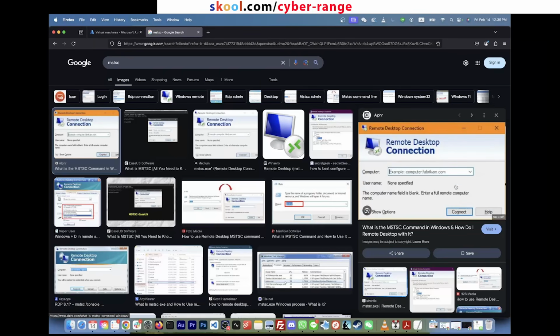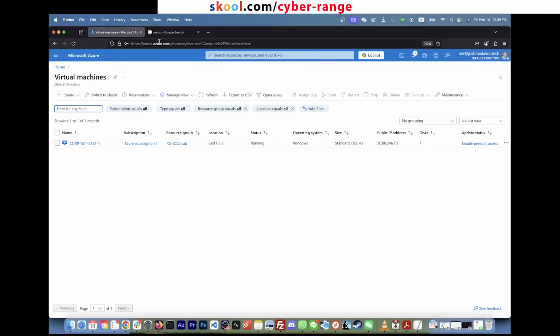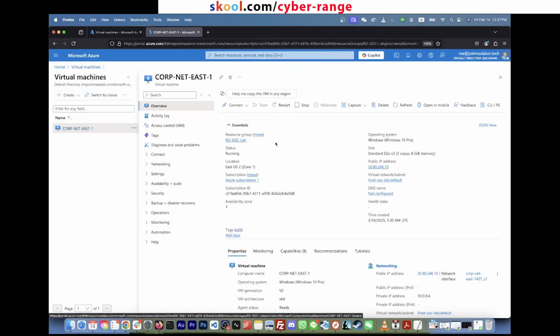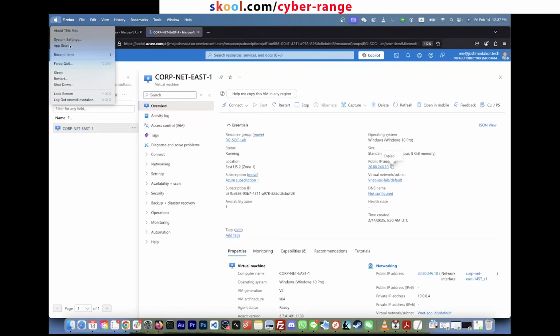And then this is where you put your virtual machine's IP address, but I'll show you. So basically, back in the Azure portal, if we search for virtual machines and click our virtual machine, we can see our public IP address here. So just copy this. And then if you're running Mac, you have to go to the App Store and